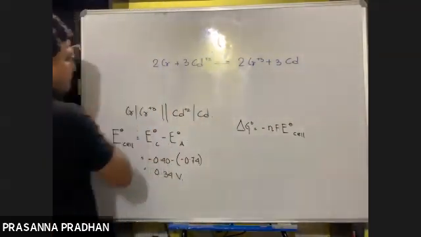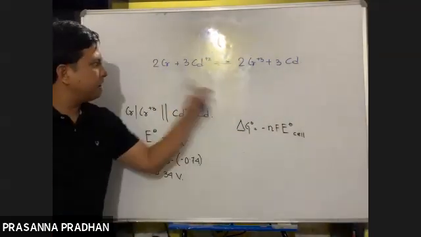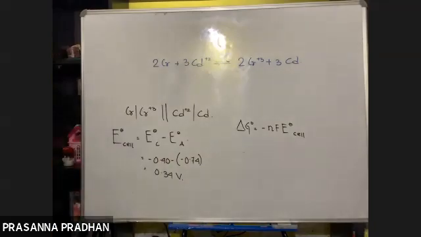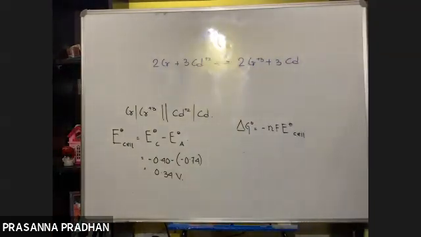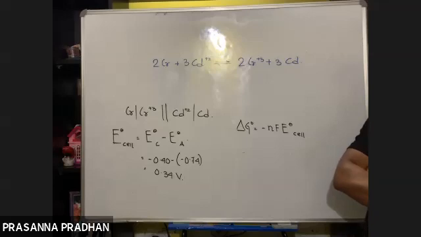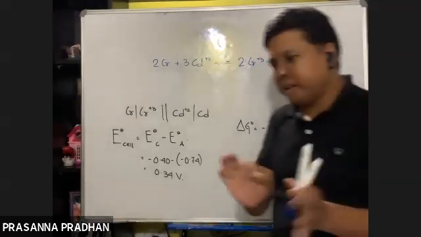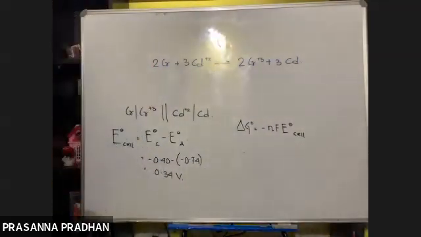What is the value of n here? How many electrons are involved? 1, 2, 3, 4, 5, 6. How many? Yes, please. Anishka, how many electrons are involved? Tell me. So there seems to be a confusion, right? We are not able to answer it. Does someone have the answer? No. So there seems to be a slight confusion.